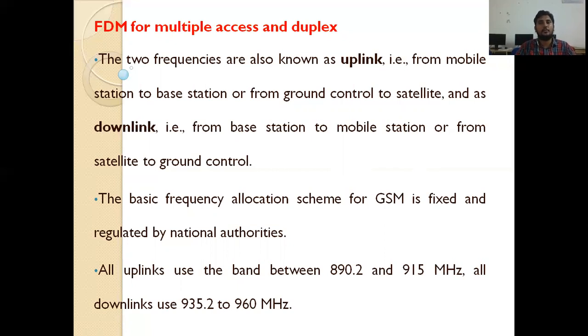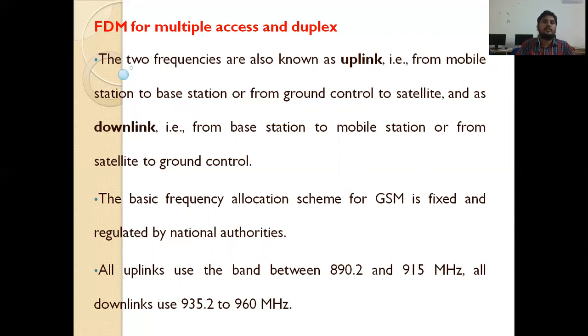In downlink, the base station communicates with the mobile station. If you want to send data, you need an uplink. If you want to receive data, that is called downlink. So base station to mobile station is downlink, and mobile station to base station communication is called uplink.